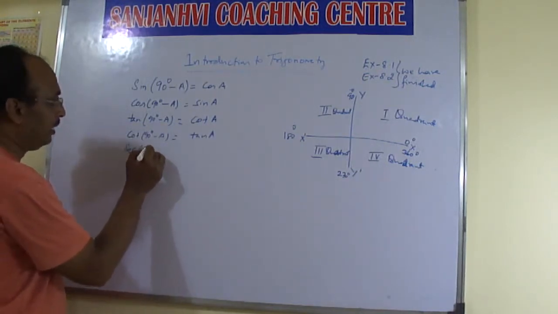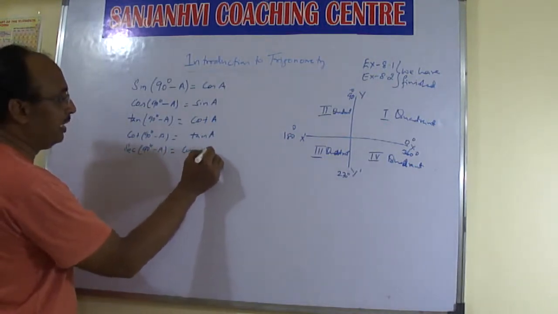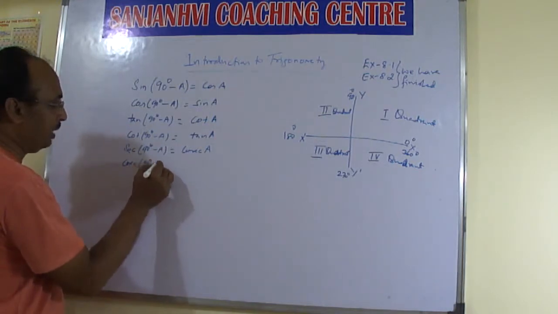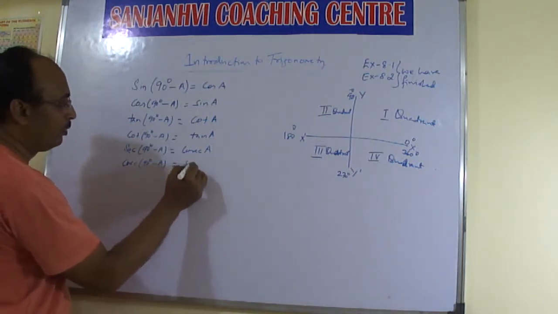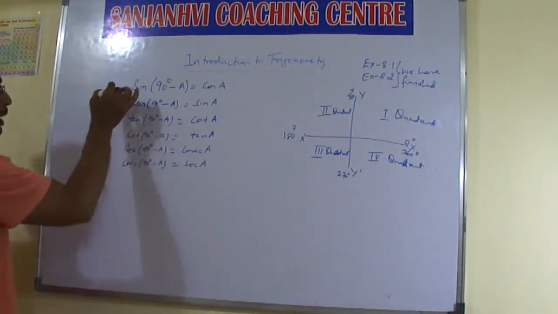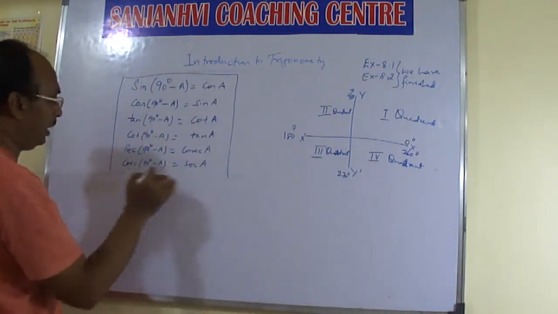Secant of 90 degree minus A will be equal to cosecant A, and cosecant of 90 degree minus A will be equal to secant A. Right? So these formulas we are going to utilize